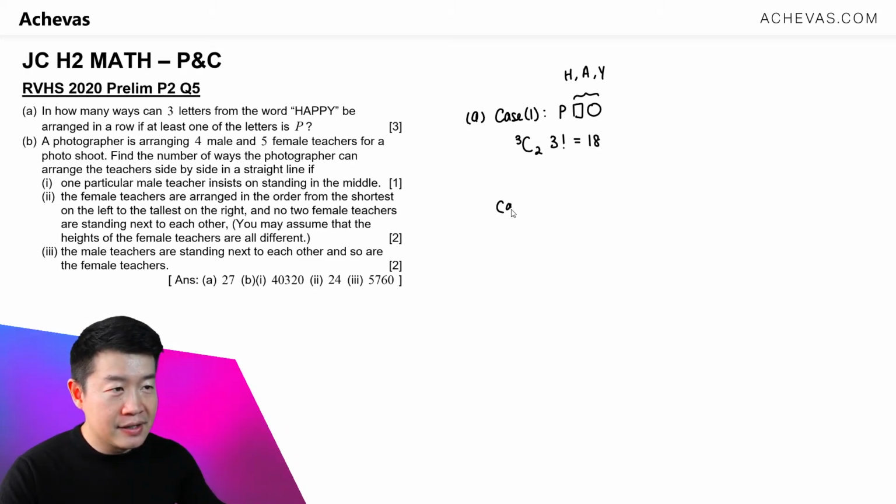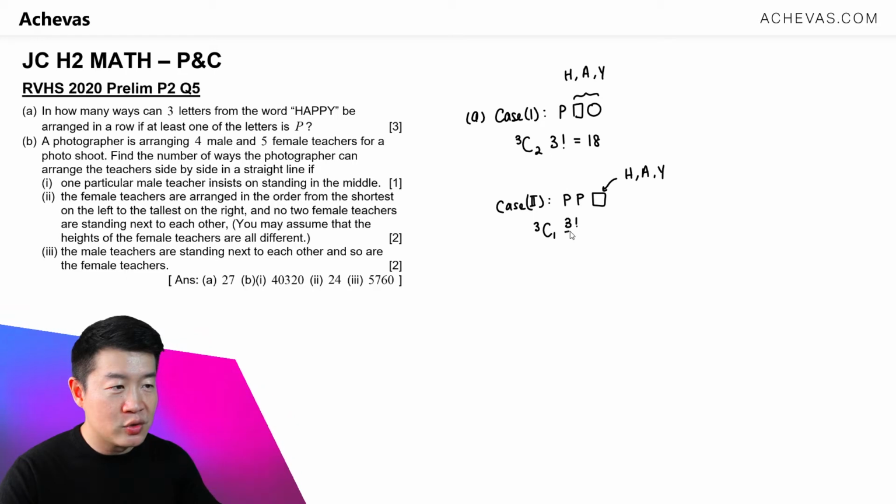And the second case, I guess you guys can already imagine what that second case is. That will be the case where there are 2 P's and 1 more letter. And for this one other letter, it is going to be taken from either H, A, or Y. So out of 3, we are going to be choosing 1